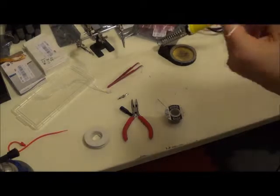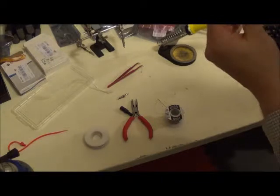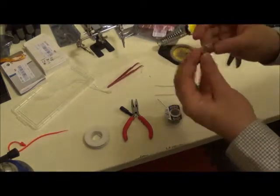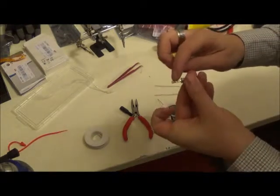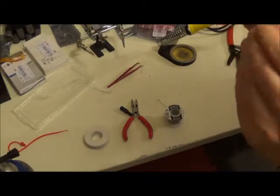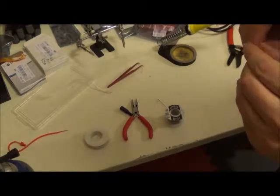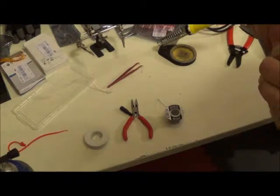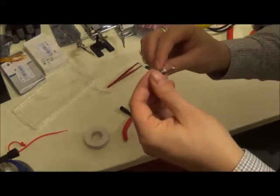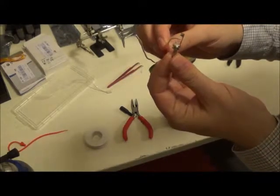And make sure it's nice and firmly on there. There we are. Now I'm going to add it to this. There's usually 2 points, one here and one here. I'm going to go ahead and do that point first. So what I do is make a little hook, put it through that little eye hole,